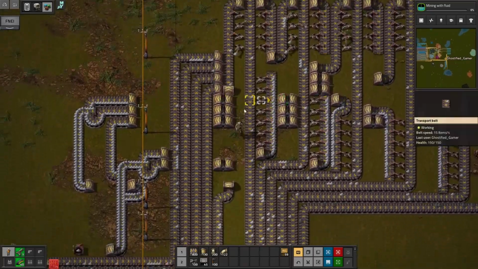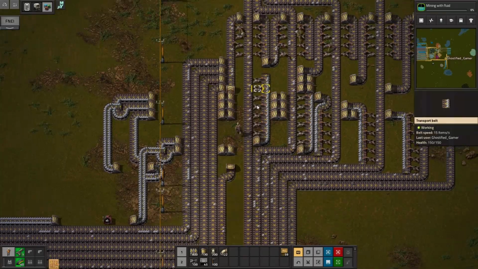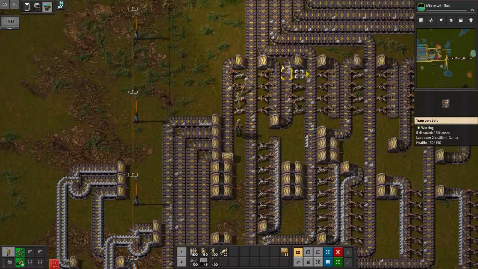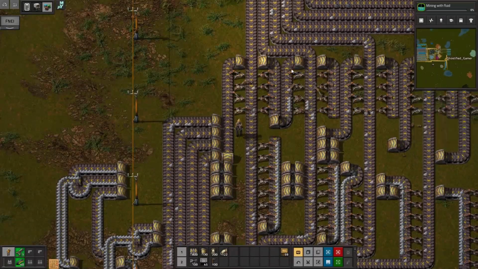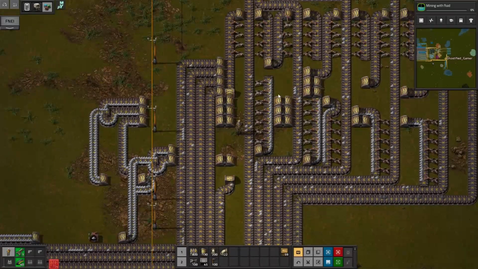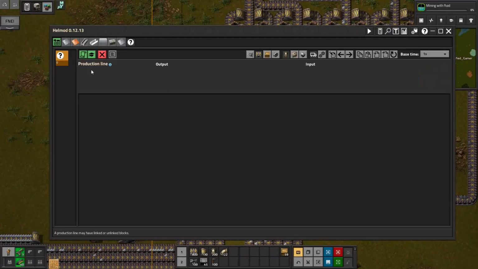So what I've got going on here is this is coming from the mining operations and the smelting operations. They're going underground, looping around underneath, and placing onto the belt. My theory is that... Oh, and one of the things I forgot about is I could...